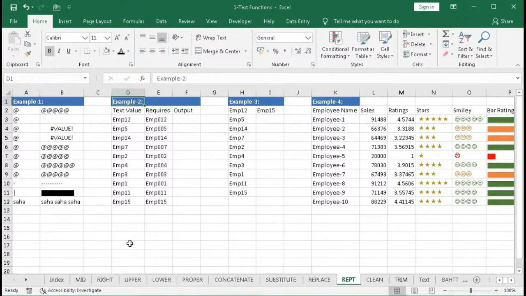So in example 2, we have these employee IDs. But we have to convert these employee IDs like this way. This will be 6 characters, and we have to fill with zeros. That means here we have EMP, and the employee ID should be EMP followed by 3 character numbers. So if there is a 2 character number, then we have to pre-fill with 0. How to do that? Type equal to